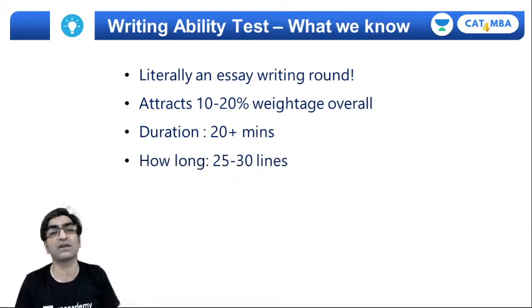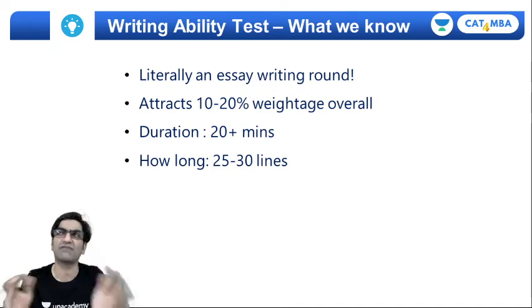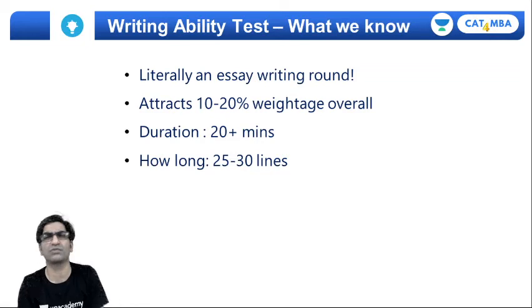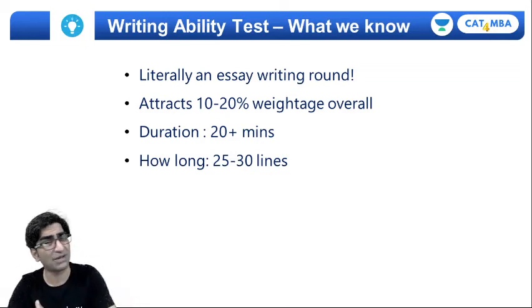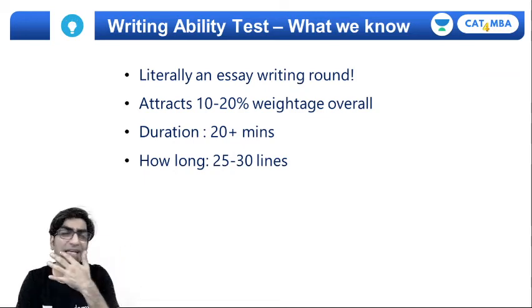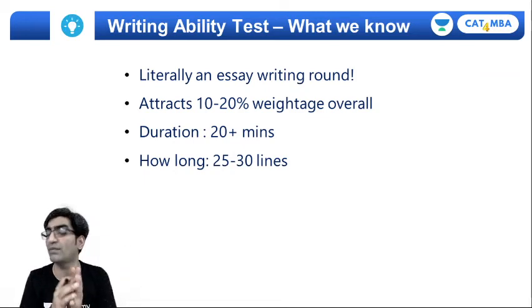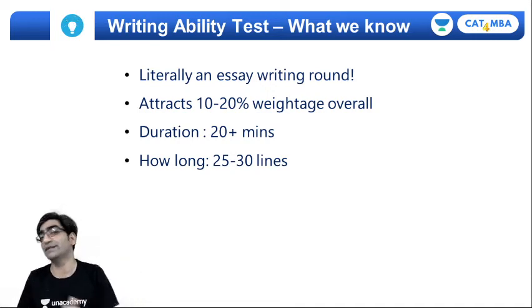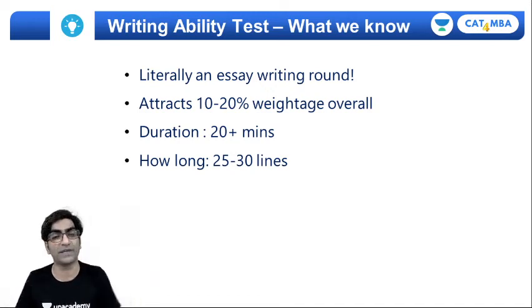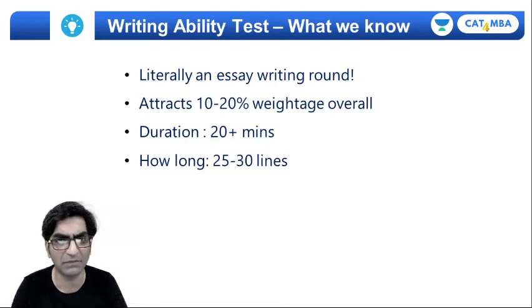In that much time, you are expected to construct roughly a 300 to 400 word essay. If it's a 20-minute essay, maybe about 300 words. If it's a 40-minute essay, maybe try to double that to about 500 words or so. It also helps if you can conceive of how many lines it is, because it's very difficult to count words. So if you tell yourself, in 20 minutes I'm going to write 25 lines, maybe 30, and break that down into paragraphs that form various parts of my structure, it helps you visualize your submission. So this is something we already know.